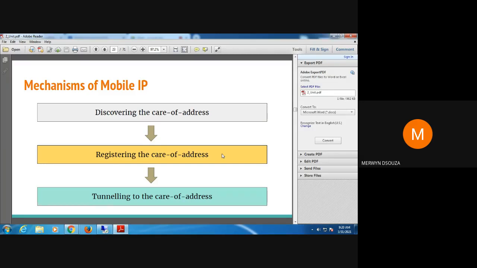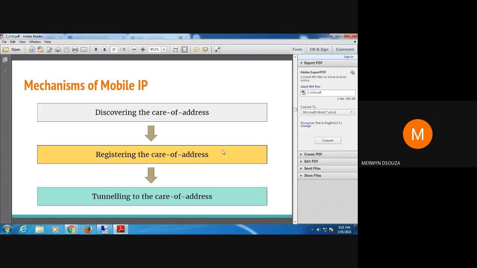Like we had discussed yesterday, the correspondent node only knows the original IP address of the mobile node and keeps sending the packets through the home agent to the original address. It never knows if the mobile node has moved around, gone to some other network. It is the job of the home agent to deliver the packets from the correspondent node to the mobile node, wherever it may be present. If it is present in a foreign network, we discussed how the tunneling works. Today, a little bit more in detail, we will look at all of these three methods.